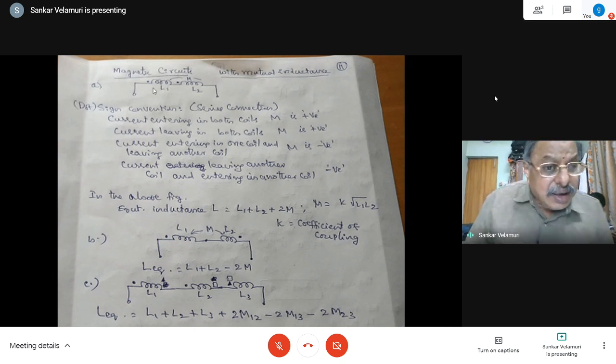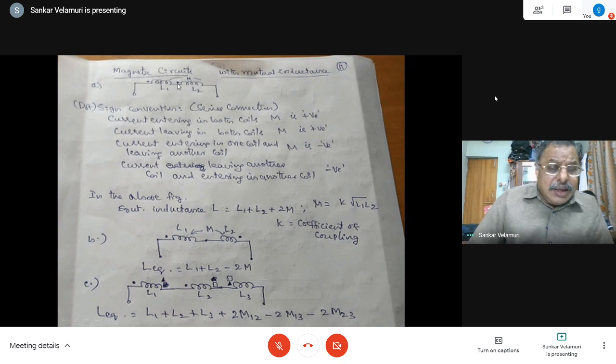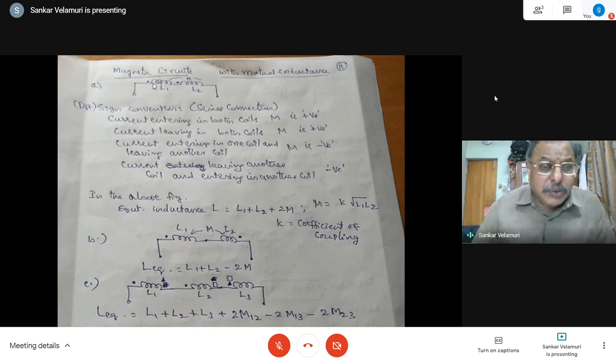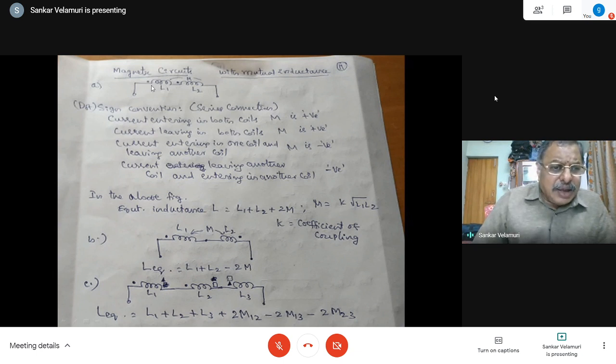Sorry for that. Now you can see two coils, L1 and L2, connected in series, and there is a mutual inductance between the two, with a sign convention that has been given implicitly, not explicitly. Explicit means something shown openly, implicit means something understood. So the sign convention is now given by dots. For every electrical element we have a starting and an ending. So the starting of the winding and ending of the winding of L1, starting and ending of the winding of L2, or current entering the inductive coil, current entering the inductive coil, or current leaving the coil.